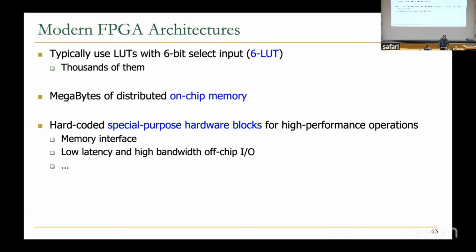So yeah, exactly. This is for on-chip memory, but at the same time, for better efficiency, FPGAs also have some hard-coded special purpose hardware blocks. For example, multipliers are usually very expensive, and if you implement multipliers with LUTs, their performance might not be good. So there might be some ASIC special purpose hardware blocks for multipliers. And whenever you have a multiplier in your design, you just use that.